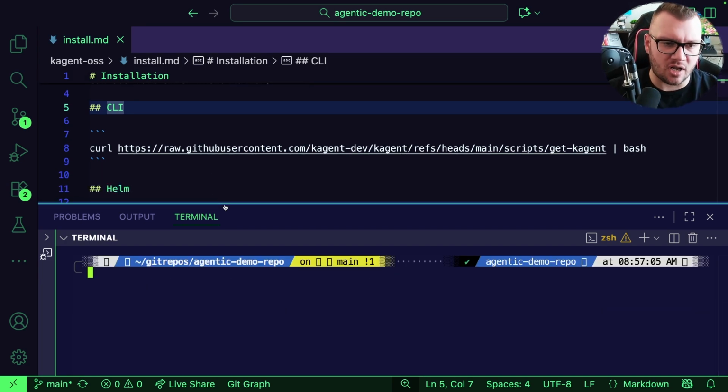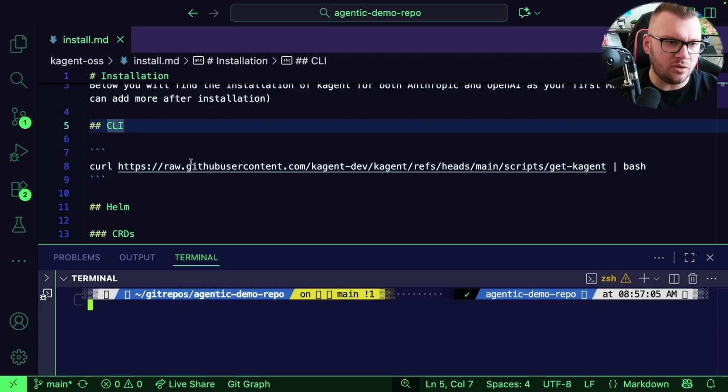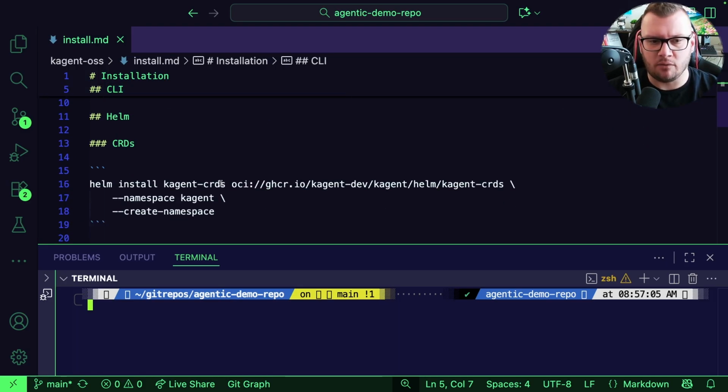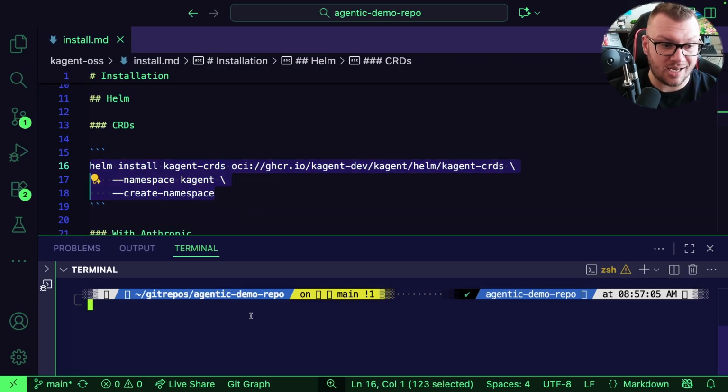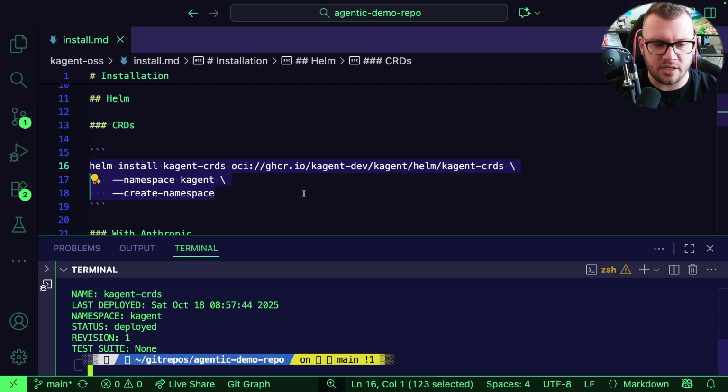You have a couple of different options in terms of installation. You can utilize the Kagent CLI, or command line interface, which we're going to dive into in, I think, the second or third video, or you can utilize Helm. I like using Helm because it feels more production ready. You could throw this Helm configuration in an application object via Argo CD to deploy it in a GitOps fashion. But in any case, I'm just going to install it the old fashioned way with Helm's command line interface. First I'm going to install the CRDs, which allow us to utilize the APIs via Kagent in a Kubernetes manifest.